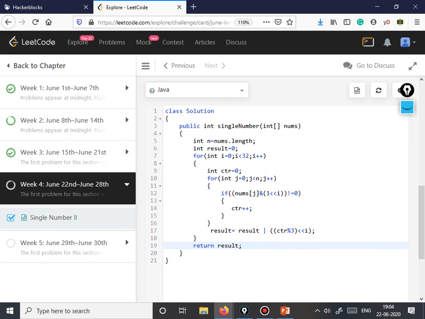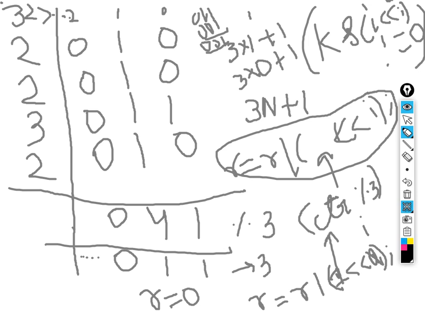So yeah guys, this was the solution to today's daily challenge of LeetCode, and this was a very interesting question as well. So now what I wanted to tell you all is why we are using 3 over here. The sole purpose of using 3 is that every element is occurring thrice. All right, so the sum of digits will always be of the order of 3n plus 1 only. Now let's say we generalize it, wherein all the elements occur 4 times, so the count would be 4n plus 1. And if every element occurs k times except one element, it would be kn plus 1. So this is a very interesting observation that we can make from here. So yeah, I have tried this and that also works.